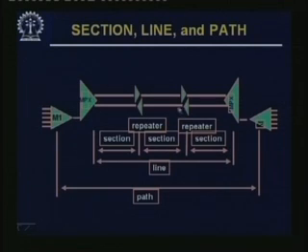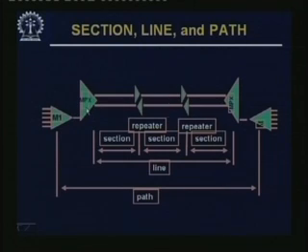Now, from repeater to repeater we call it a section. Or from a repeater to a multiplexer, this is also a section. So, multiplexer to repeater, repeater to repeater, these are called sections, and from multiplexer to multiplexer we call it a line. Now, at the repeater nothing happens excepting the signal is cleaned up. Signal may be boosted or there may be other cleaning operations, synchronizing operations etc. that may be done at the repeater, but as such the signals which are travelling here, the same set of signals are travelling here.